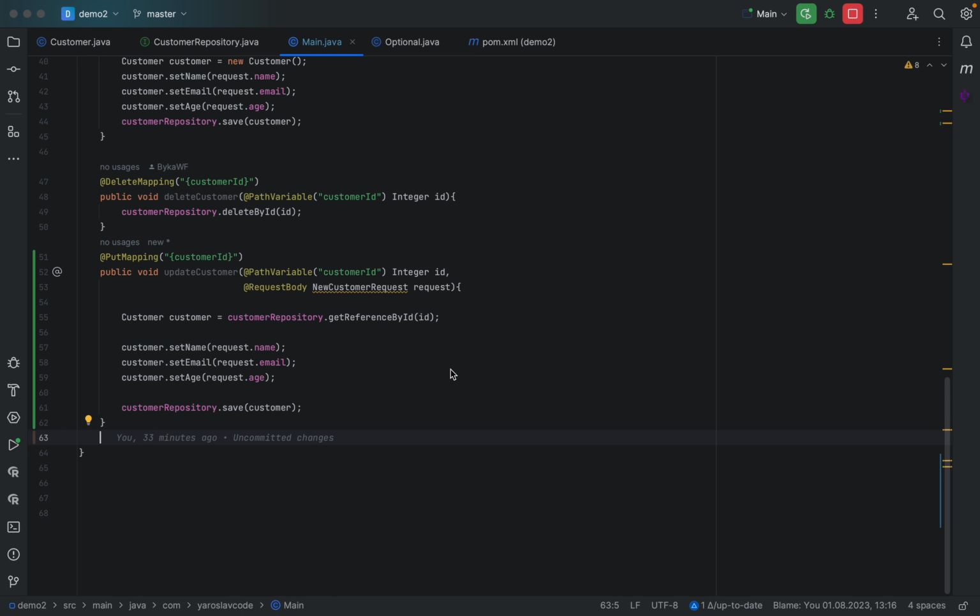Okay, if you want to update your existing customer, you need to create a function which will be void, and you need to provide a path variable which is our integer ID, and need to provide request body in customer request, which will map our Java object to JSON. Let's check